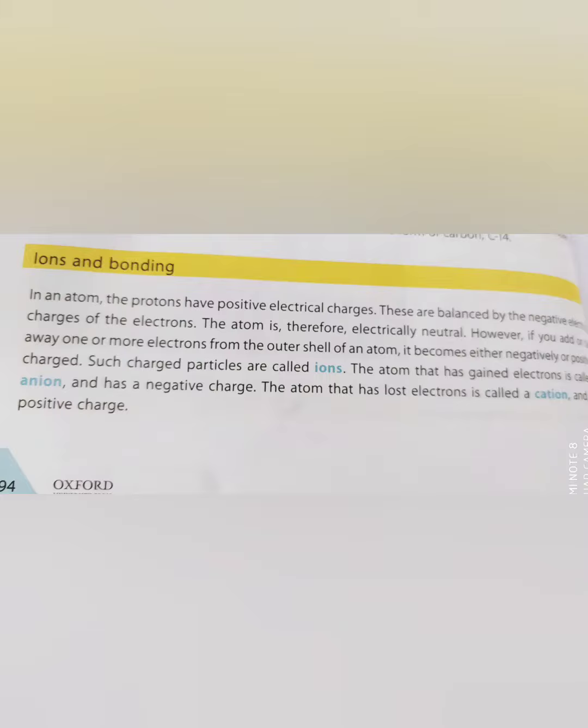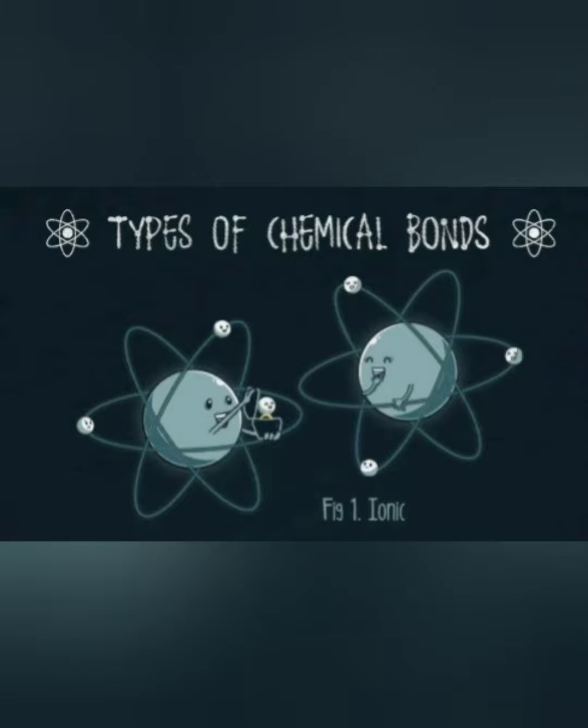Atom is neutral. Its electrons and protons are equally balanced and it doesn't have any charge. But if it is taking more electrons from its surrounding atoms, then it can become ions. Ions are cations or anions. This is the diagram of a chemical bond, the ionic bond, in which one atom is giving one electron to the other atom. The atom giving the electron becomes a positive ion, and the atom receiving the electron becomes a negative ion, and these positive and negative ions stay together.